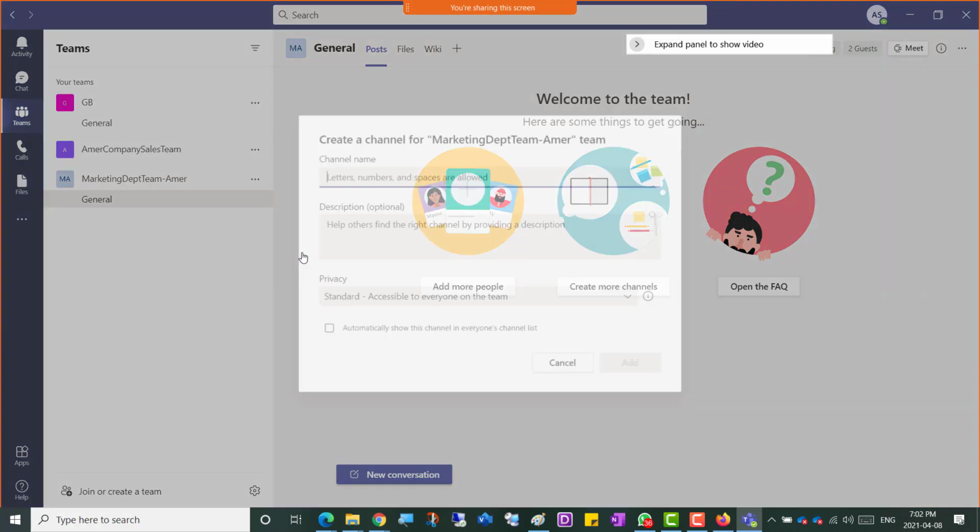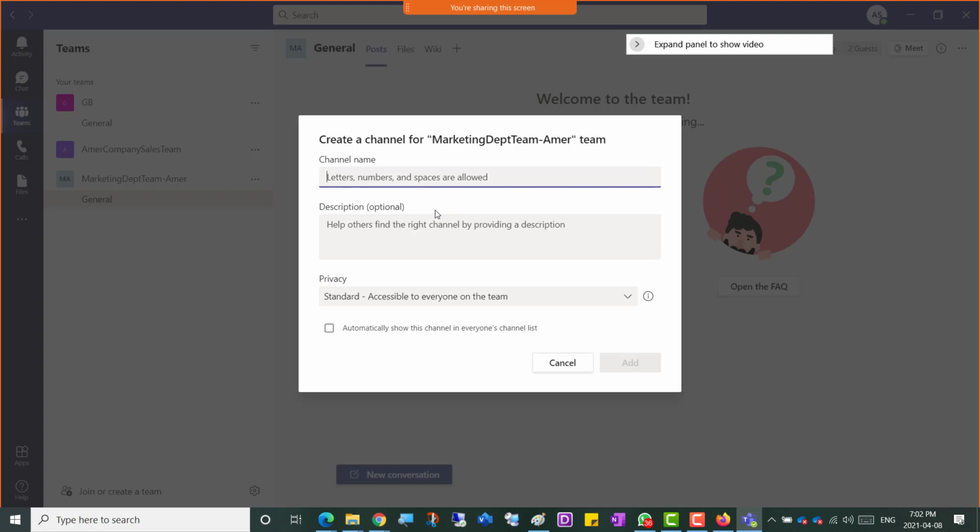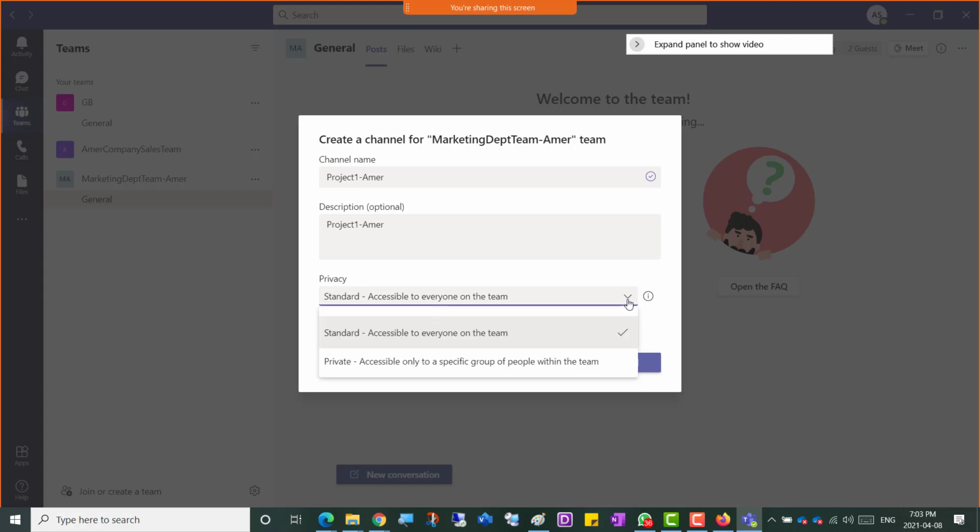So I'm going to click the add channel here, and we can go for project 1 dash your first name. Copy paste that and Control V here, right? And so project 1 dash your first name, and then there's a standard privacy level. It's talking about privacy level now, right? So it says standard, accessible to everyone on the team, or private, accessible only to a specific group of people within the team. So we're going to be later creating a private channel as well, but right now we're creating